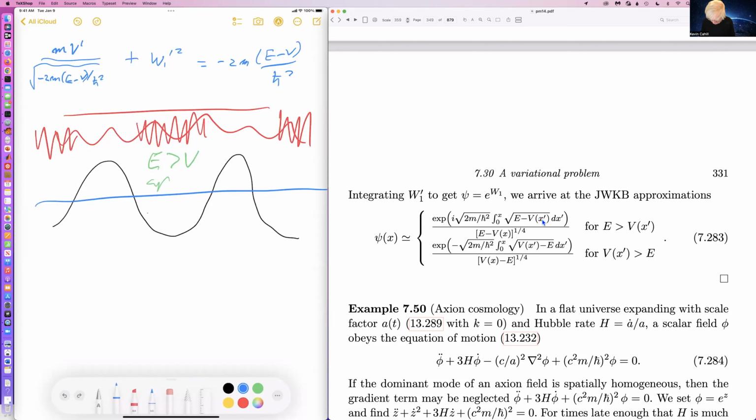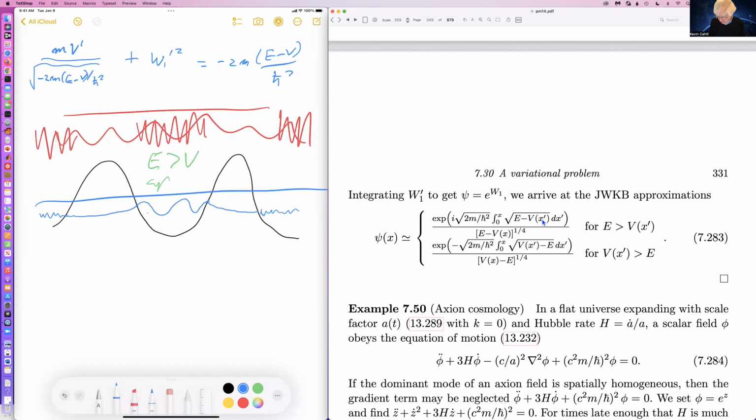So let us say this might be an oscillation like this. So then as it enters the region where V is greater than E, it then decreases exponentially and then starts oscillating over here. So it looks like this. So that's basically the picture. The thing leaks out, and this was used to